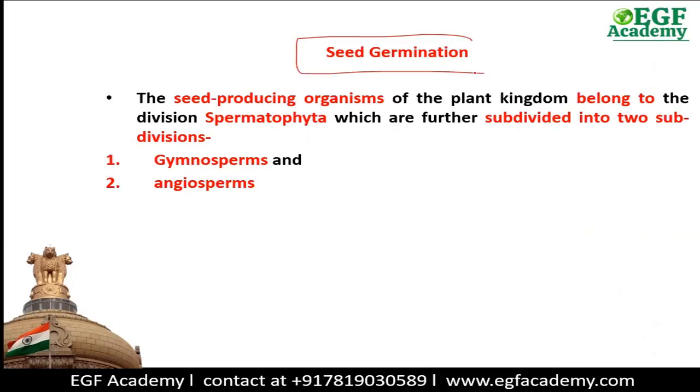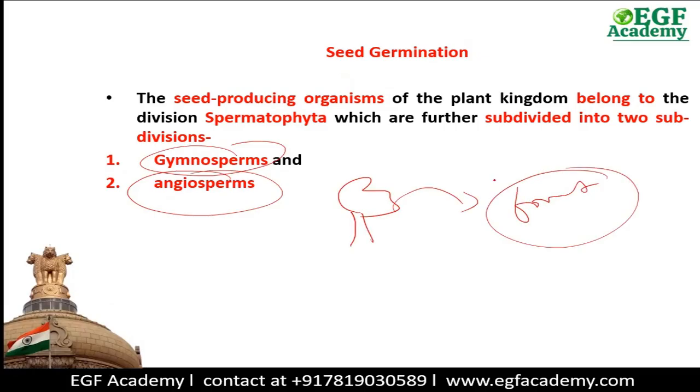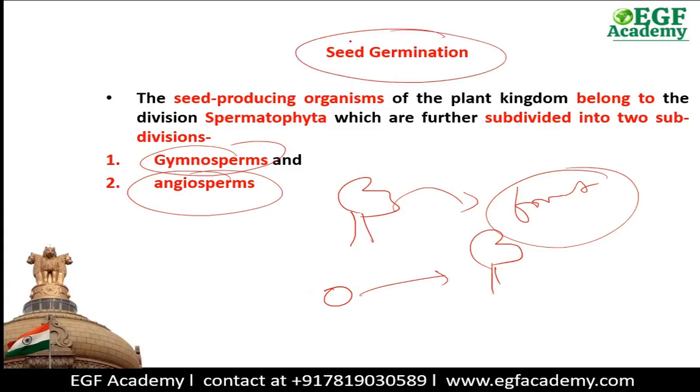Now, next is seed germination. So, how does a seed germinate? Let's understand it. Under silviculture, we have to grow gymnosperms and angiosperm plants so that we can develop a forest from them. So, when will the forest develop? When we will be able to grow a plant from a seed. So, how does the seed germinate in these plants? It is very important to understand this process.